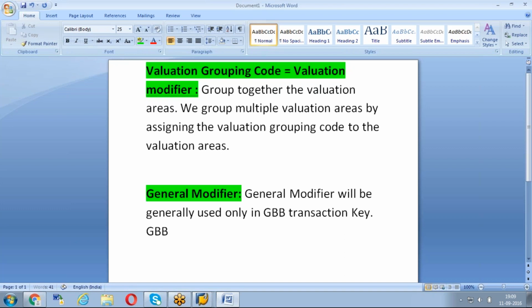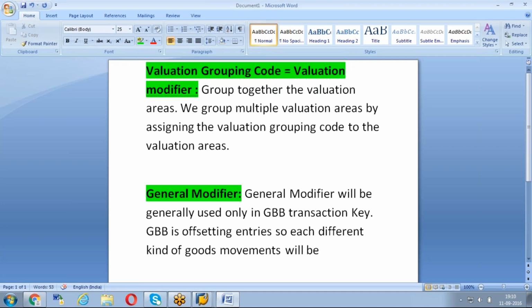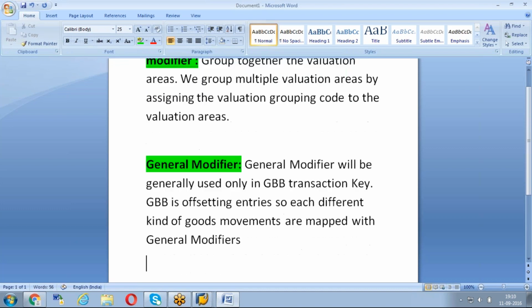GBB is offsetting entries, so each different kind of goods movement will be mapped with general modifiers. Let me show that point.